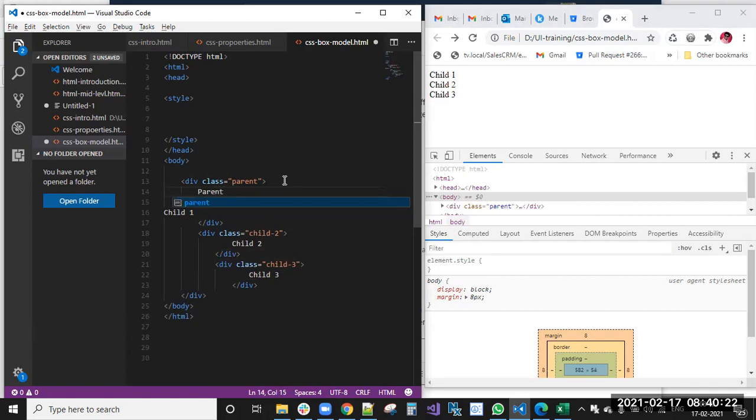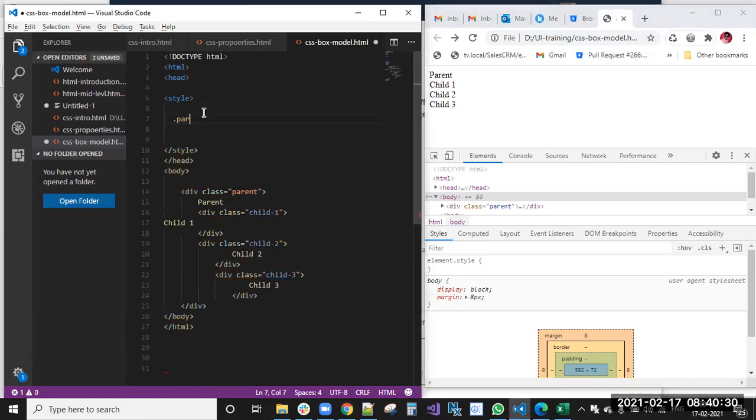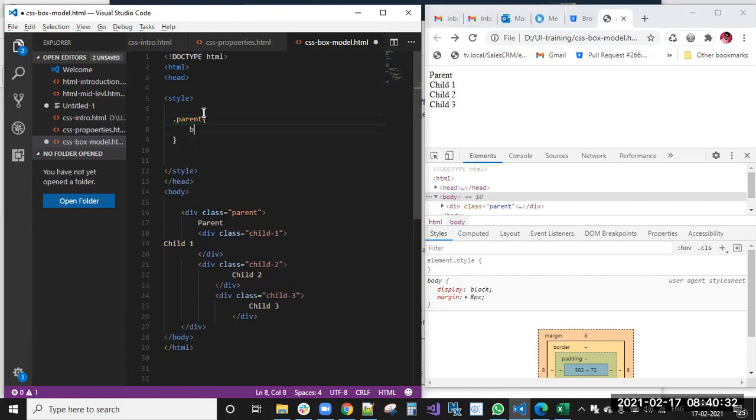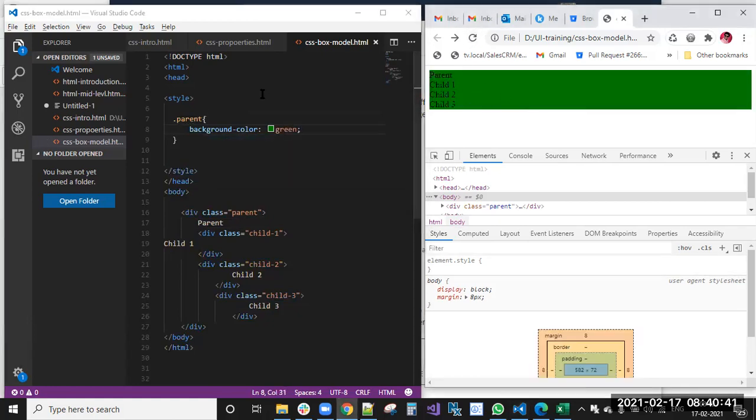Parent. Okay, so in that I'm styling one by one. I'll style the parent first. I'm giving some background color green. Now you can see the entire parent has the green background color.